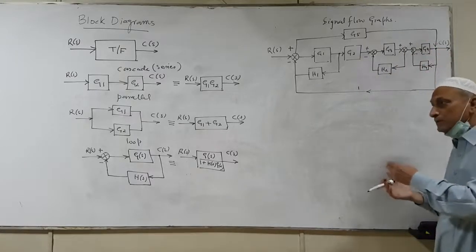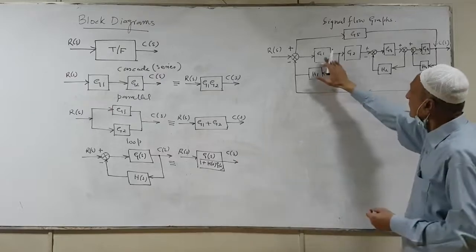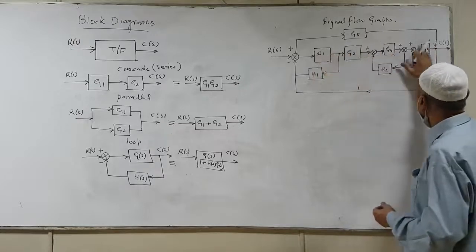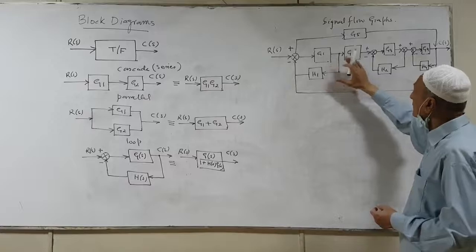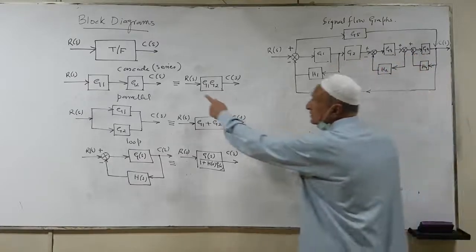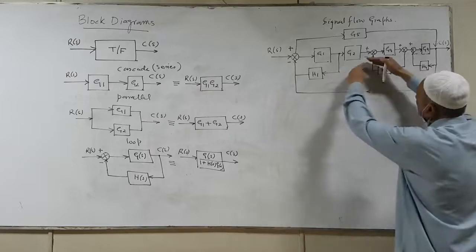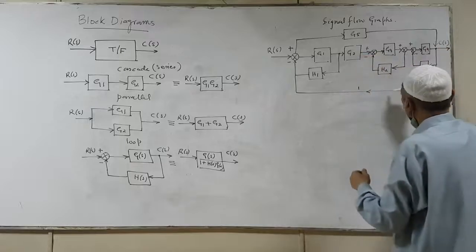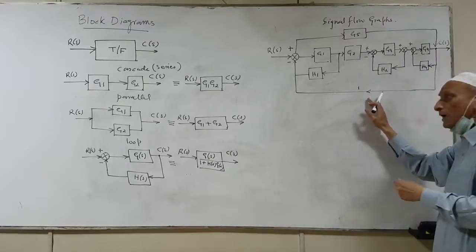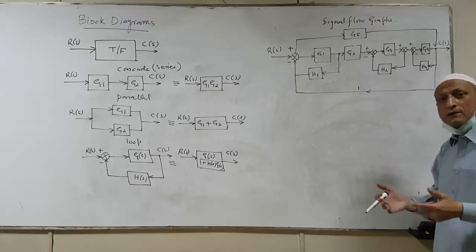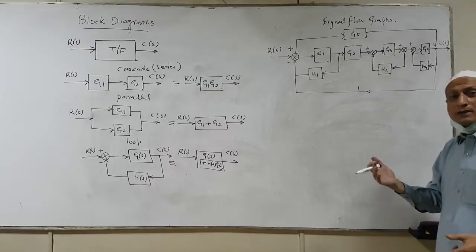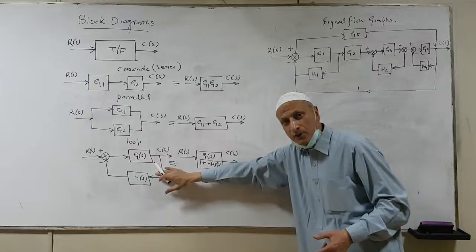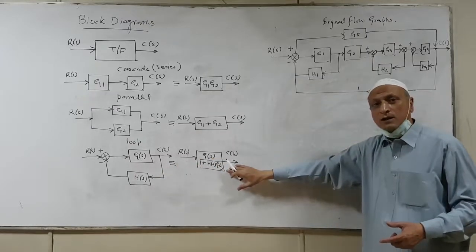Now these can first be simplified, and then all these blocks come in cascade. Once we get this arrangement, we can go for this particular simplification, and then we can see that the resultant will be in parallel with this one, so we can add up the two. And then there is a loop which is a unity feedback loop, that is, one. Most systems are represented conveniently and concisely as a unity feedback system. So then we can use again this particular formulation, and we come to a complete transfer function.